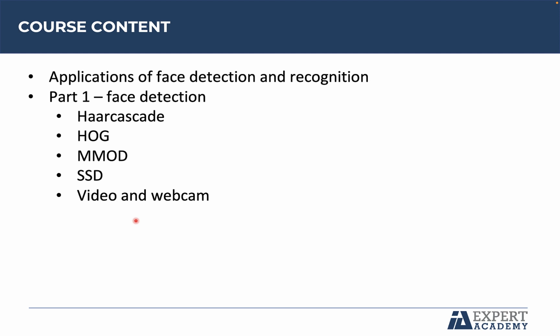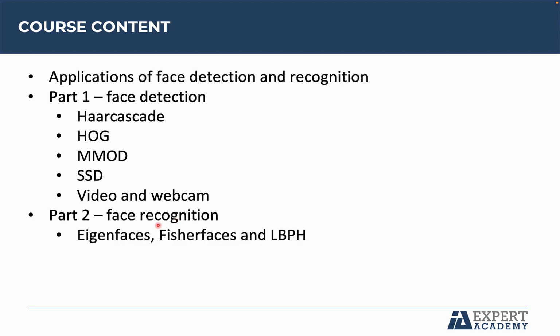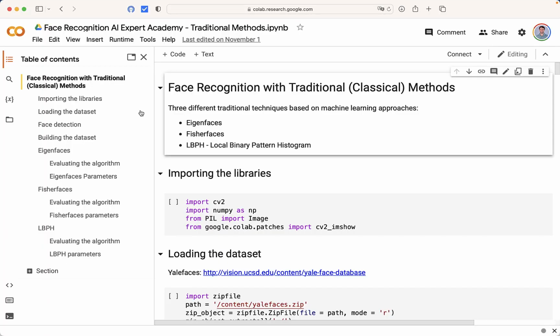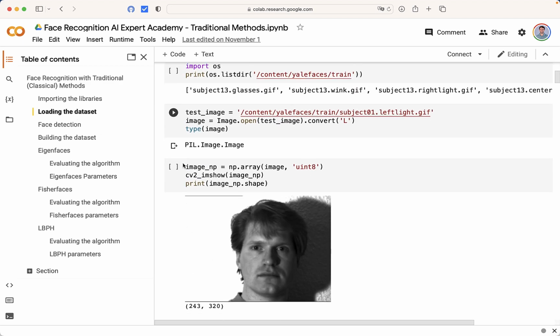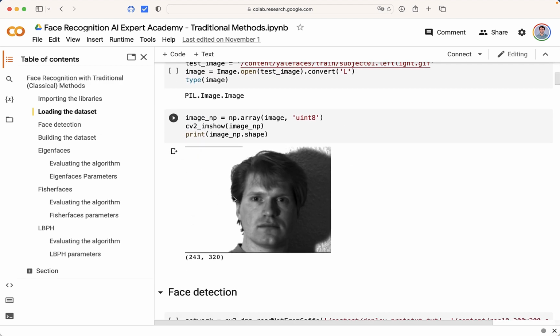After learning face detection, we are going to move on to the next part, which is face recognition. First, we will focus on the classic and traditional algorithms: eigenfaces, Fisherfaces, and LBPH. All of them are available in OpenCV library. We are going to use the Yale Faces dataset,